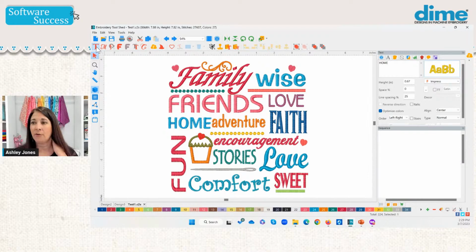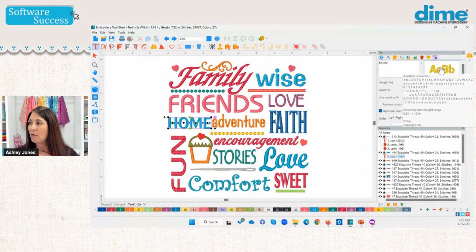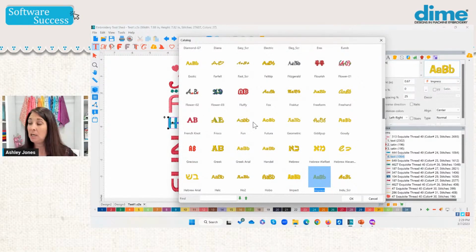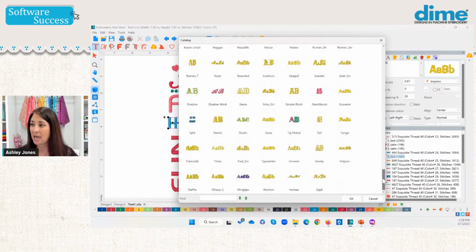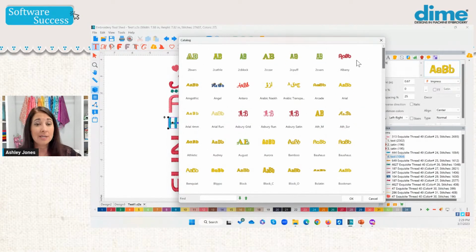Now, the different color of font, if I choose my text catalog. So over here on this AABB, if I click here, I can actually see my entire text catalog. So Jennifer Alexander said she wished she knew what the colors were for. So Jennifer and anybody else, ignore the colors. The colors mean nothing when it comes to designing. This is a way that we here at DIME know that this text, this text, this text, this text,